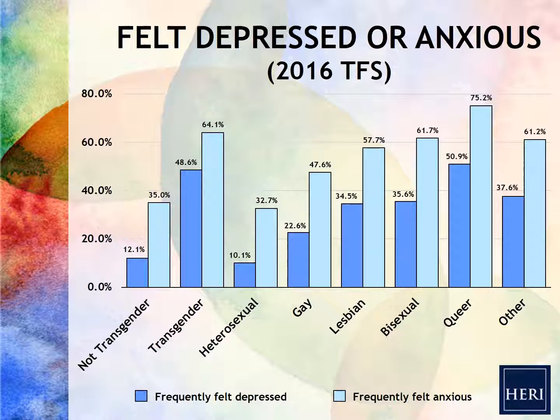I mean, think about that. Each campus may not have that many transgender students in their incoming class, but if you think about these students as a group and what they're bringing with them, these numbers are very, very high. We also see similar differences between the straight students and those who identify as gay, lesbian, bisexual, queer, or other. Consistently, students that identify as queer, in particular, have much higher levels of anxiety and depression than those who identify as any of the other queer spectrum categories. Next slide, please.